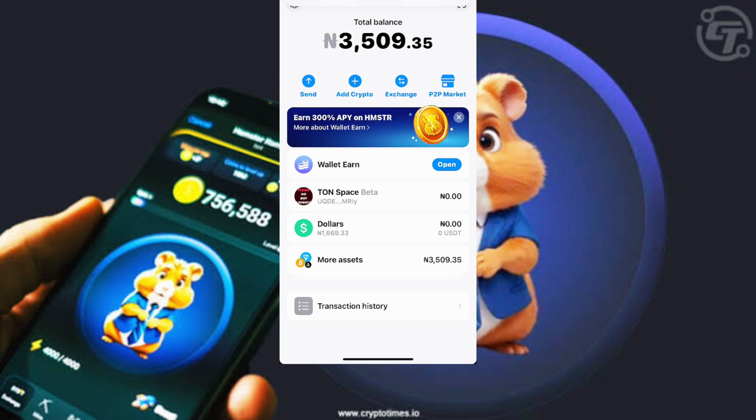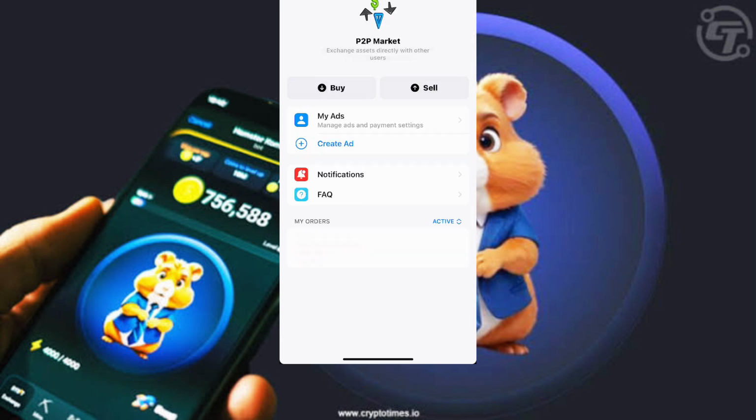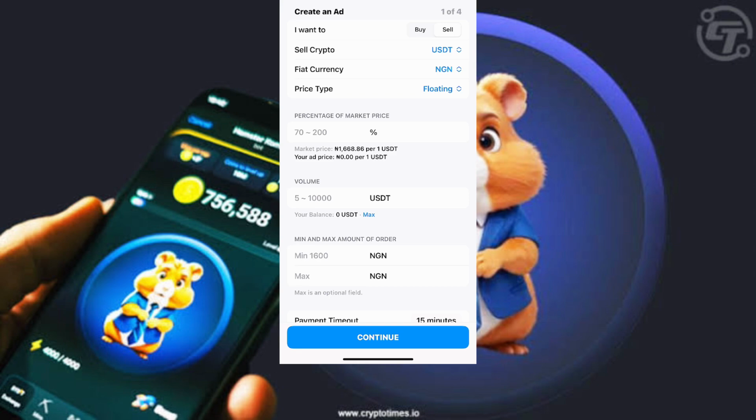So if you want to withdraw, you can see P2P market. If you want to send, you can see. If you want to add a crypto or exchange or swap, you can do all that here. So now you're going to click on your wallet, on the P2P. You can see P2P market. Once you click on P2P,